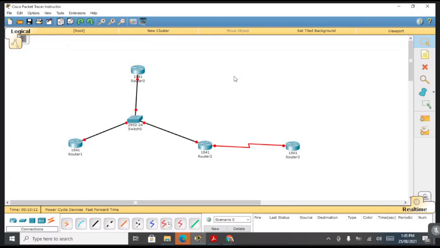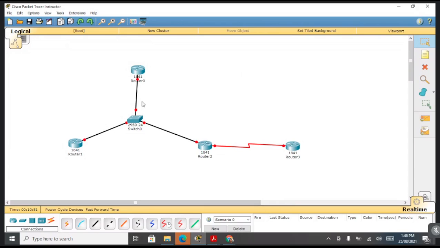Okay, and the last value that network command takes is the area ID. That area ID has to be the same on all the neighboring routers. Why does it have to be the same? For the routers to become neighbors. So that area ID has to be the same on all the neighboring routers, and we are giving it here as area 0. Okay, so this is the way we are going to configure OSPF.